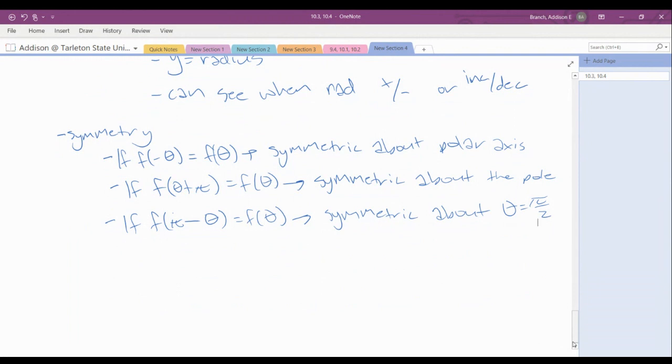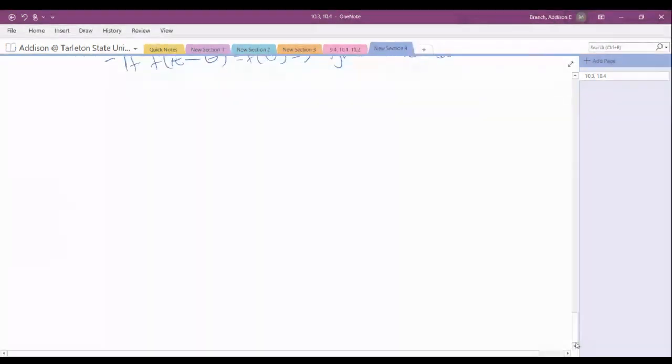So now that we have those, let's go ahead and try another example of graphing, now that we have these little tips in mind. In this example, we want to graph r is equal to 1 minus cosine of theta. So one thing we can do is look at our graph